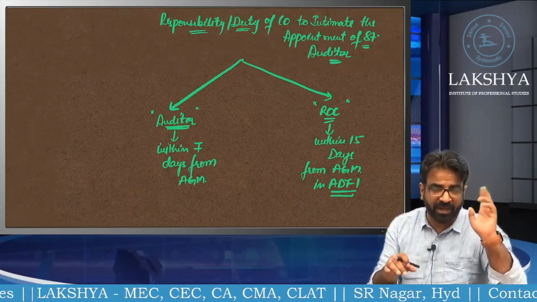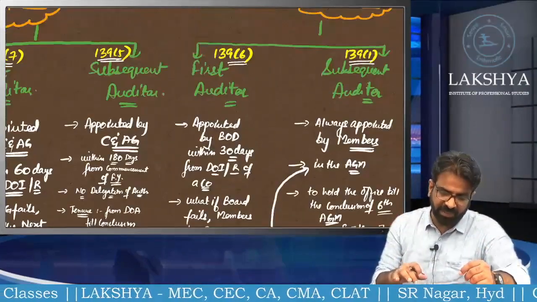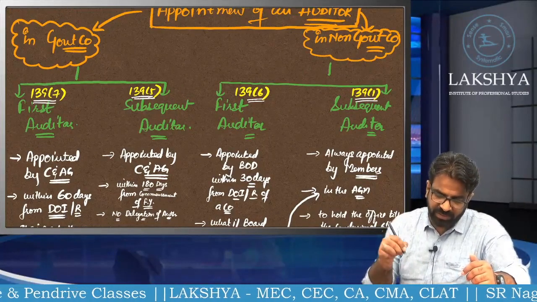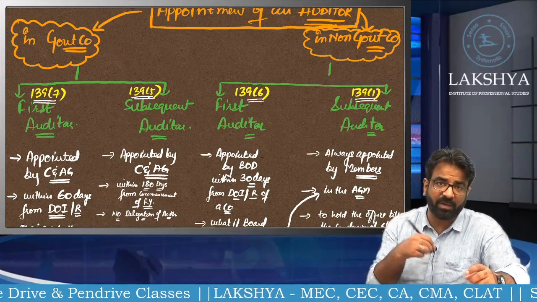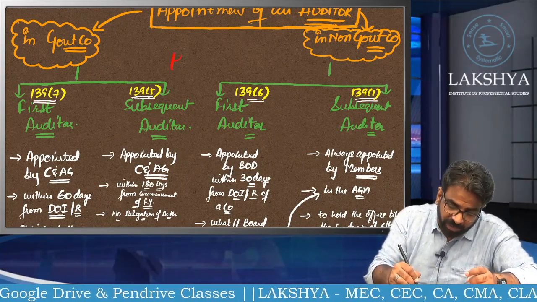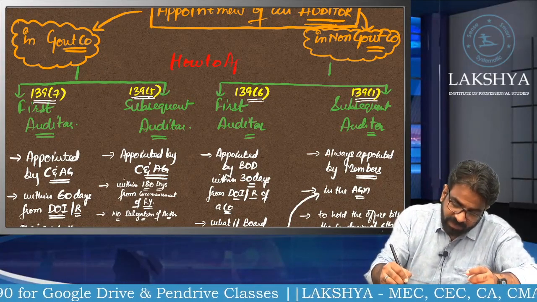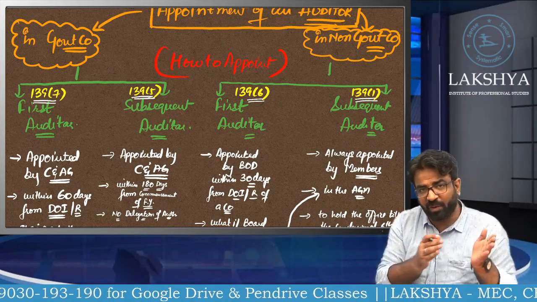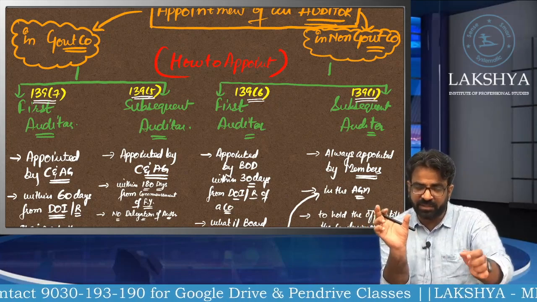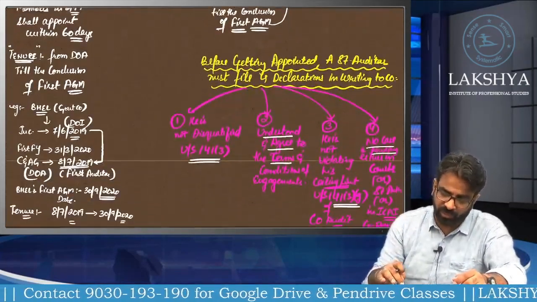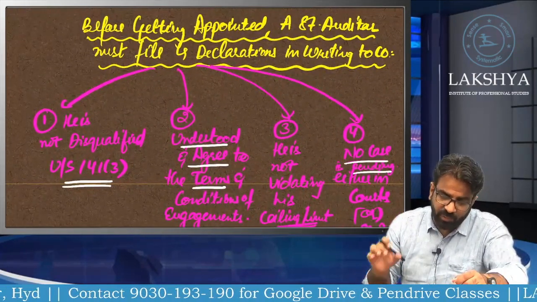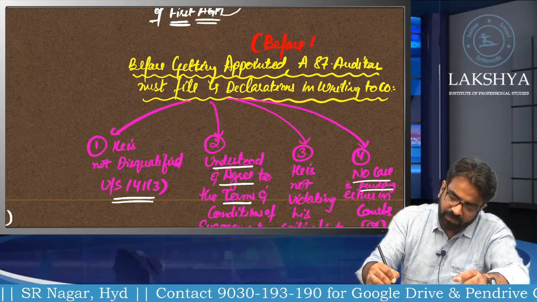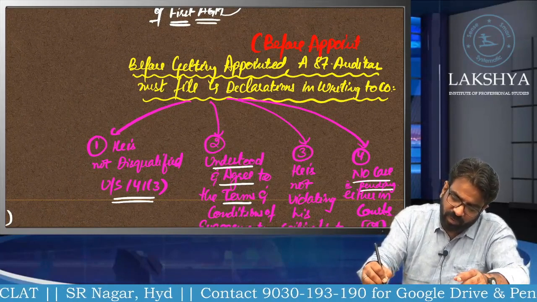Now, let me give you an idea of how to remember this whole section. Now tell me, what is this? This is what we have learnt, known as appointment of an auditor. It means how to appoint an auditor. Can I say that this is called the appointment process? Yes. So can I call it the during appointment phase? Okay, what to do, what not to do. Now, what is this phase, during appointment or before appointment? This is called the before appointment phase.